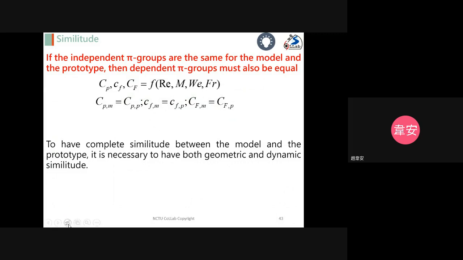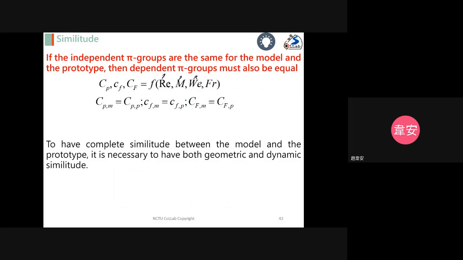For the first class, we introduce dimensional analysis, and then we summarize the independent pi groups. For independent pi groups, we have four pi groups. The first one is the Reynolds number, second is the Mach number, then the Weber number, and the final is the Froude number. So the Reynolds number is for the viscous effect, and the Mach number is for the compressibility effect, and